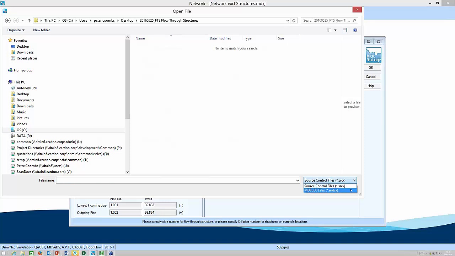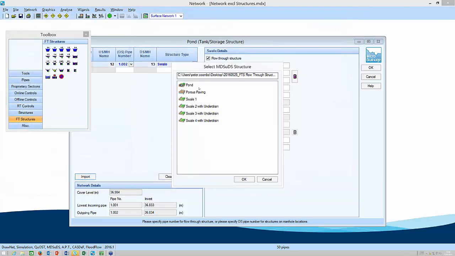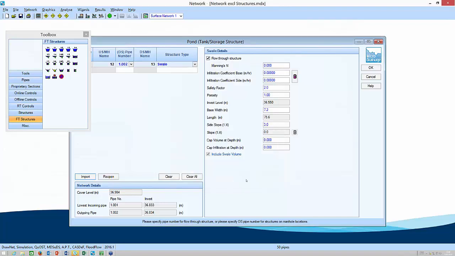So it's in the MDSuDS file format of MDSX. And in my relevant file, here are all the different elements that I've designed in the one that I showed you, the completed one, the Blue Peter just now. And it's Swale 1 that I want to import. So if I say OK to that, it now brings in all of my information about that swale,